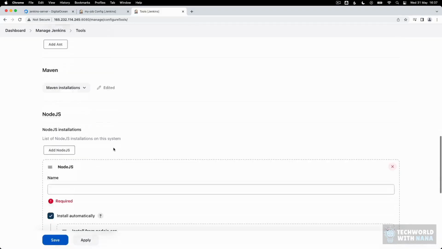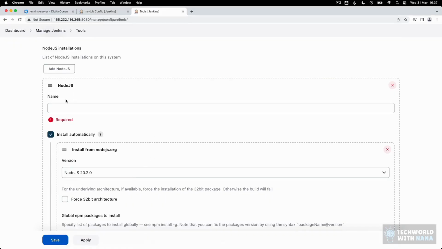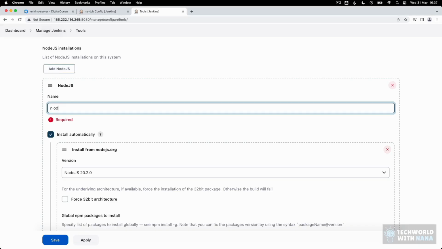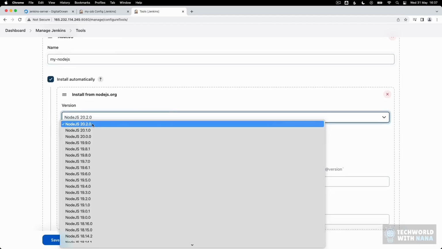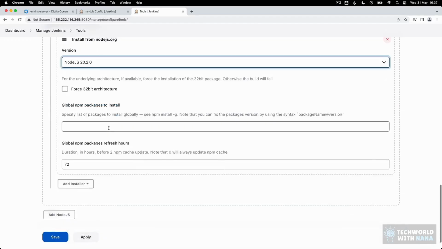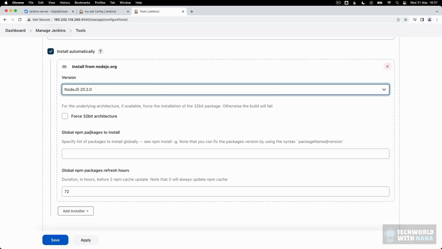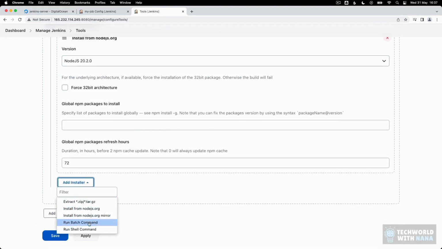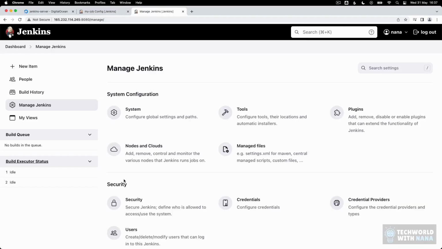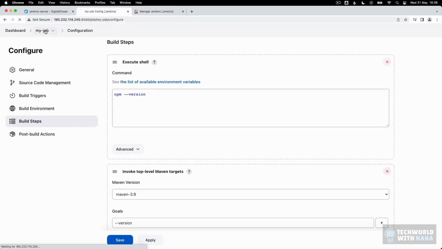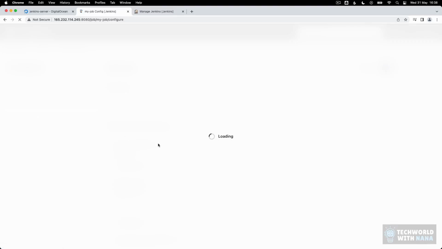So add Node.js. And here you see a similar setup to Maven. We just give it a name. Let's actually call it my Node.js without a version now. However, we're still choosing a version and install automatically from Node.js.org. So again, we're fetching it from the internet instead of executing a command to fetch it. And if I save it and go back to my job, configure,